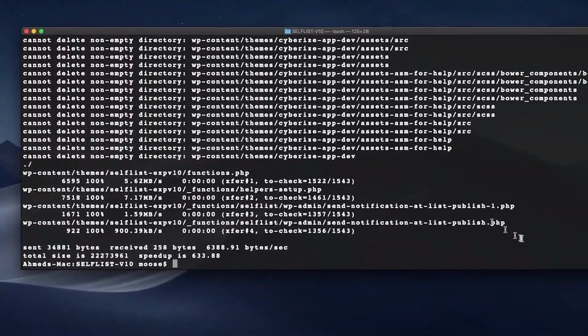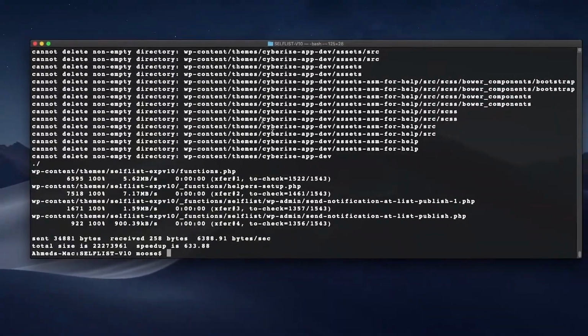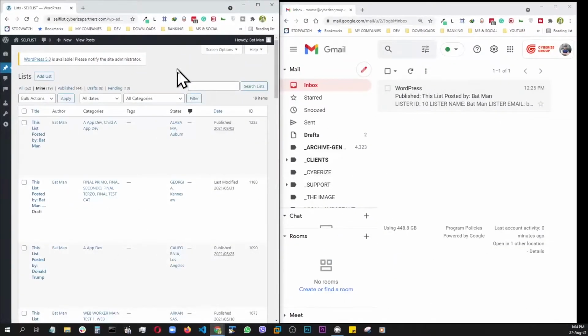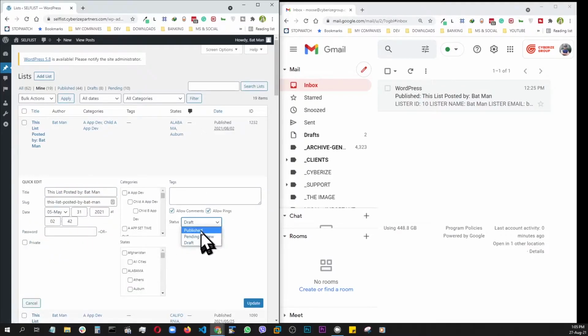So it looks like my code went through. Now let's go to the remote system and test it. Okay, we are at the remote system, and as you can see right here, the email has the old one, that one we used at the beginning. And now we're going to go ahead and change the status on this one, which is, last time we did the first one, now the second one sitting in draft mode. So let's go to quick edit, change it to publish, and update,